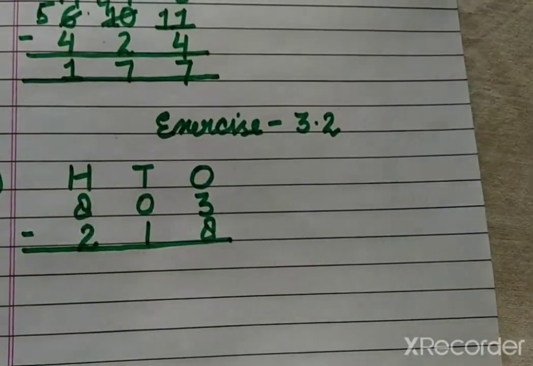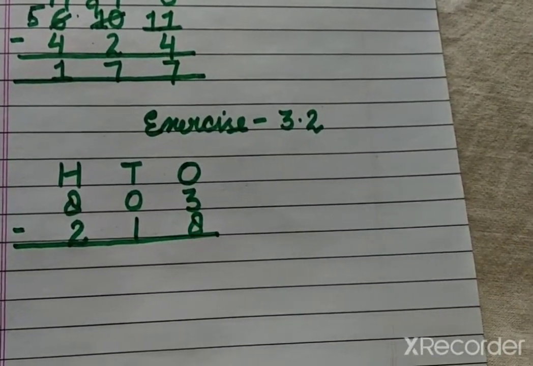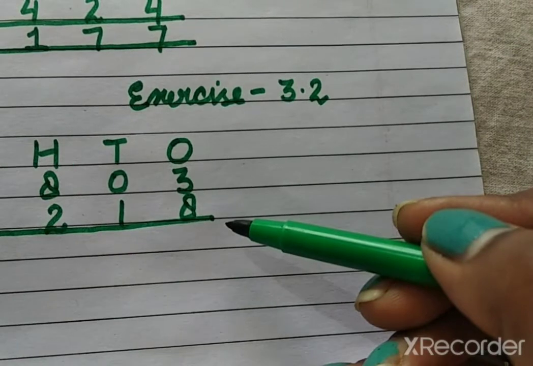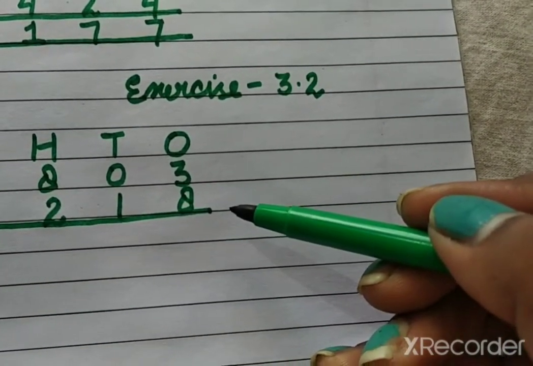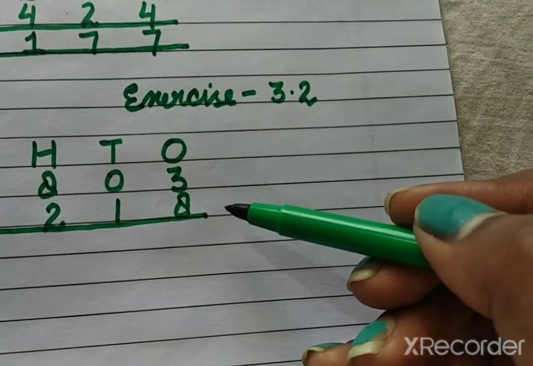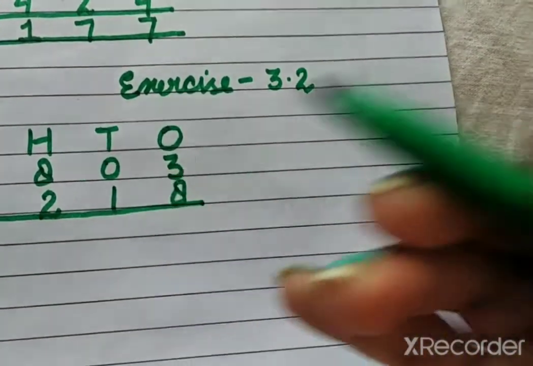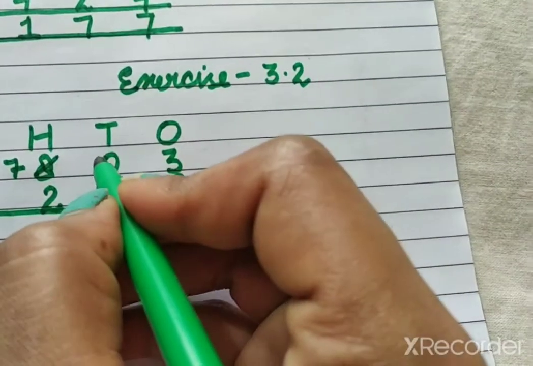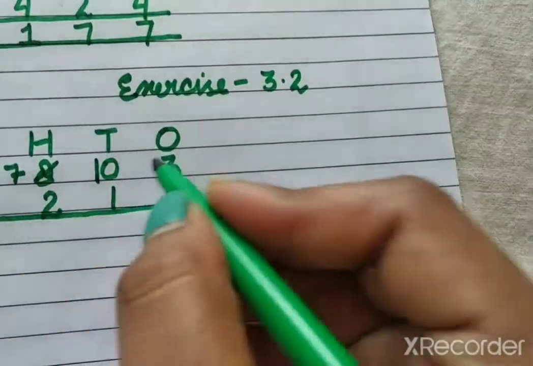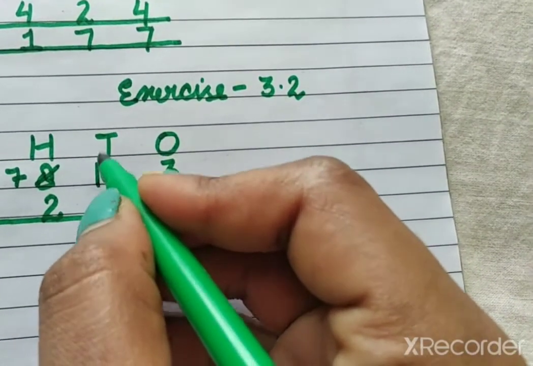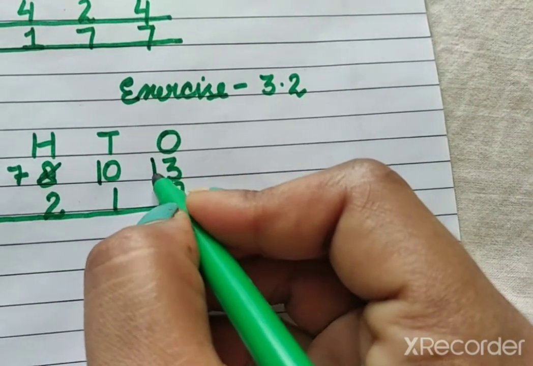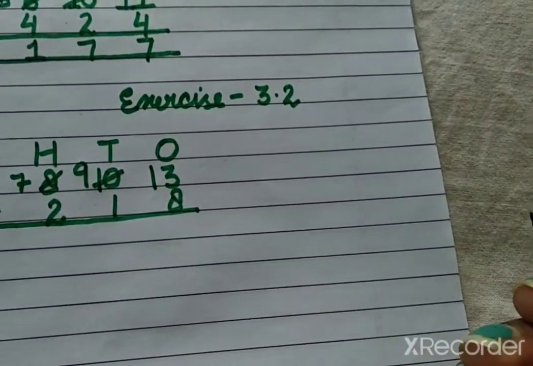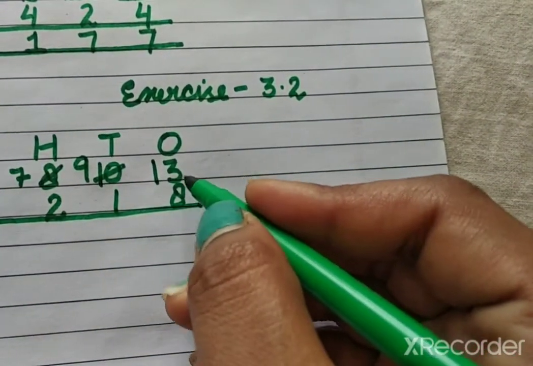Okay, children. Now let us start to do. See, 3 is a smaller number and 8 is a bigger number. So what do we do? We need to regroup the tens and ones again because tens also is a 0. So 8 is going to be cut and 1 ten coming here, so this is going to be tens. 1 ten is coming here to ones. This becomes 13. Let's cut 9. Okay. Now do subtraction 13 minus 8.